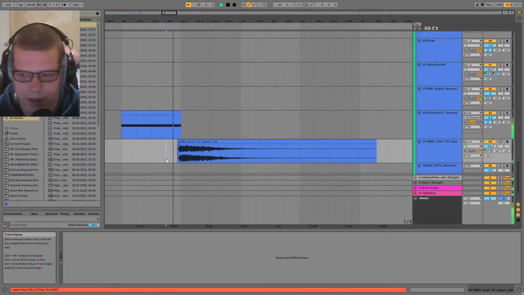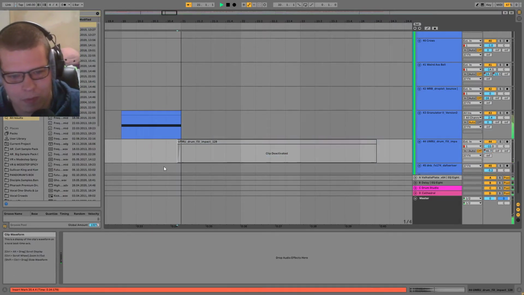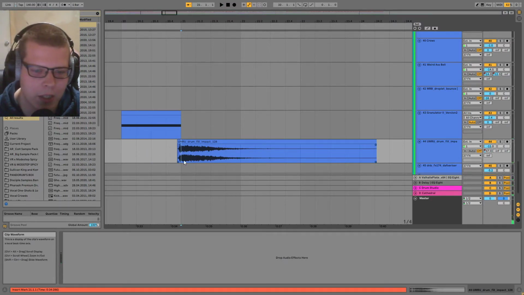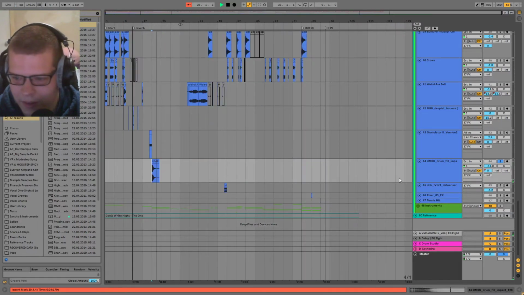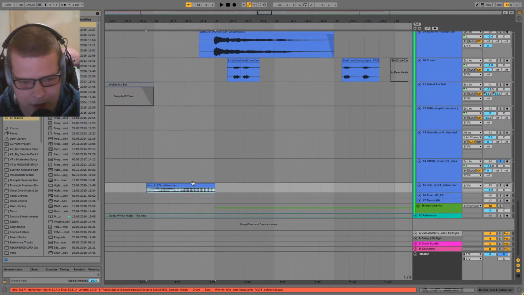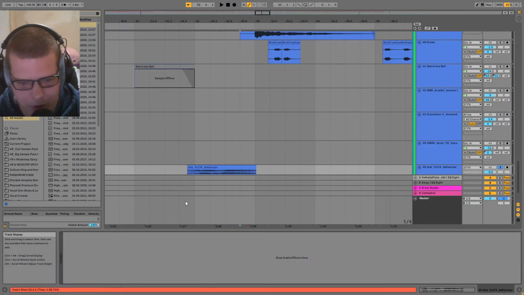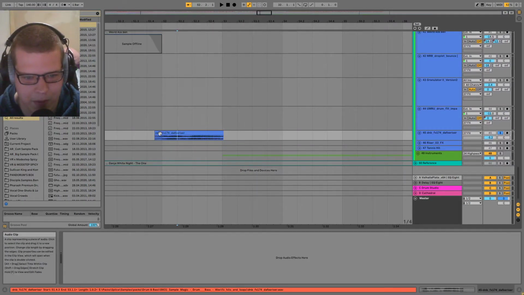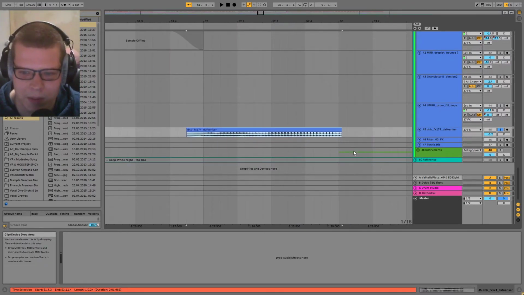What is this? Huh. Despite sounding like trash, it actually is necessary for that part. But yeah, that's obviously just a sample as well. And this is just a sample too. I would have said that I did something to this, but it is labeled FX and it has the word riser in it. So this is probably just how it came.